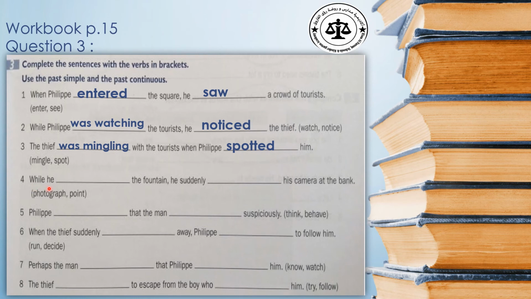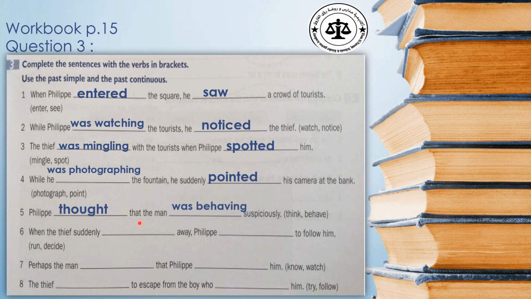While he, we have while, so past continuous. While he was photographing the fountain, he suddenly what? Pointed, excellent, his camera at the bank. Number 5, Philip, what that the man suspiciously. We have two verbs, think and behave. Philip, what? Think is a stative verb, so thought, excellent. Philip thought that the man